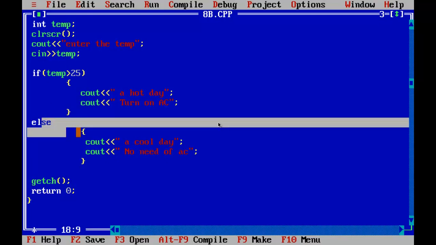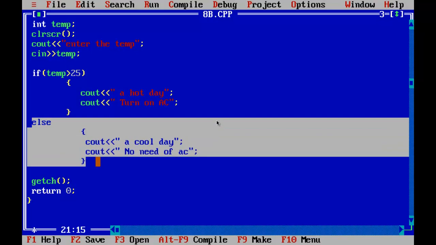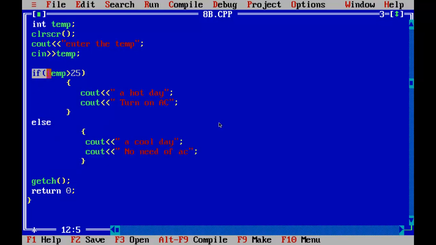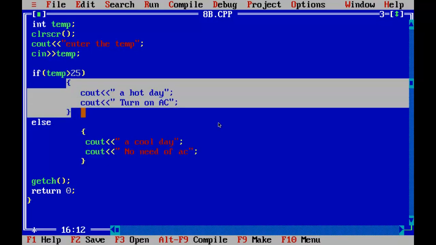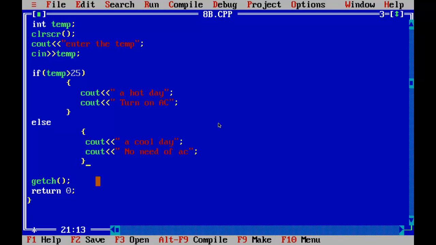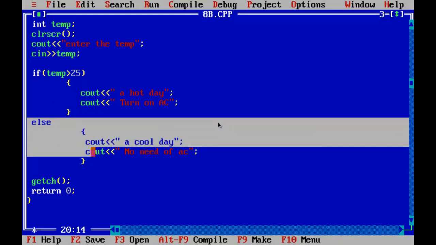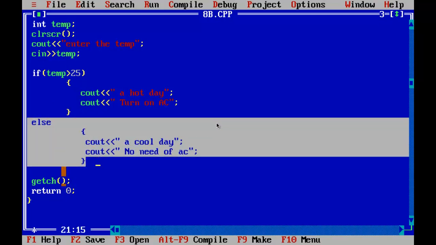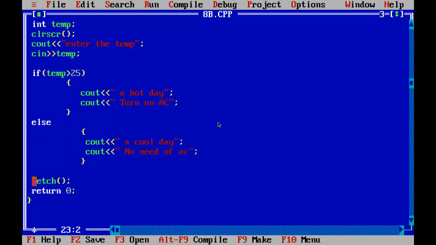It will ignore the else part. When the first part is true, if the condition is true, it will execute this part and will come here. Ignore all this else part and it will come here. After the else part it will go on. If the first part is not true, it will come here to the else part and after executing that it will come here. Okay, so it will move on.